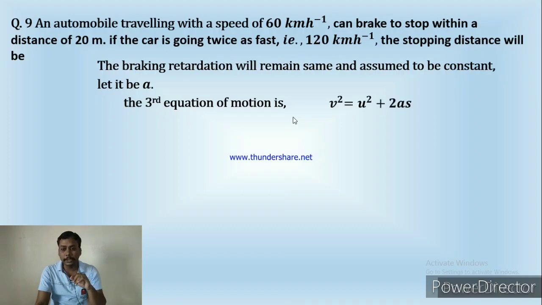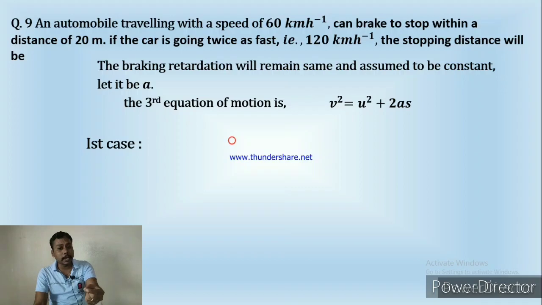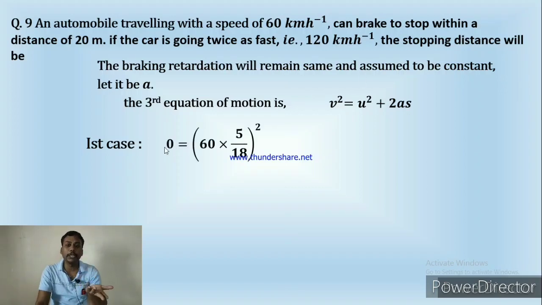Here a is the retardation, s is the distance, v is the final velocity, u is the initial velocity. Now in the first case, what is v? v is the final speed. The car is stopped, which means finally the car is at rest, so the speed becomes 0. u, the initial speed, is 60 kilometer per hour. So substitute the values: v is 0 equals (60 into 5 by 18) square